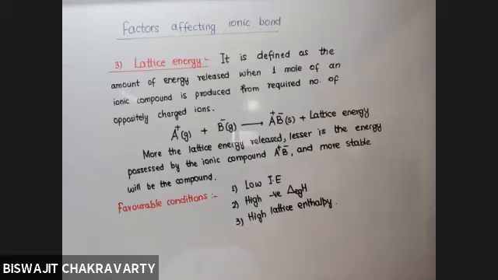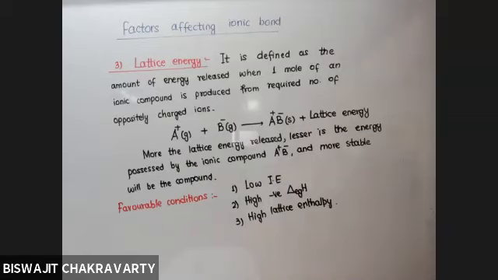And that is why the ionic compounds are formed by the combination of group 1 and 17 or 16, group 2 and 17 or 16. Clear? Yes, sir. Can you explain the definition of lattice energy once again?